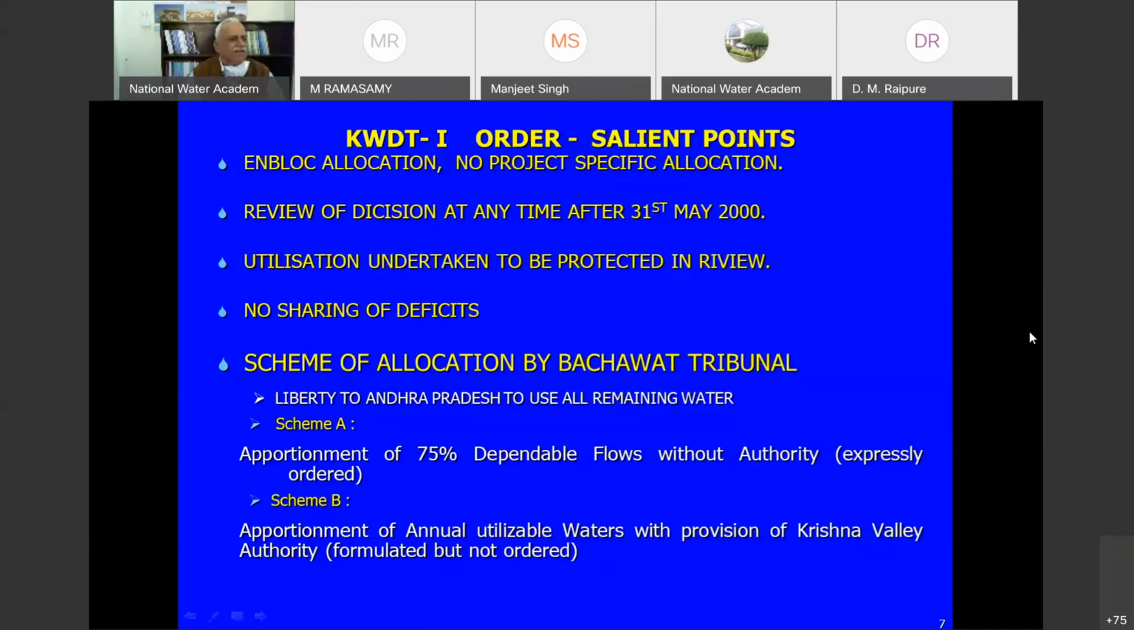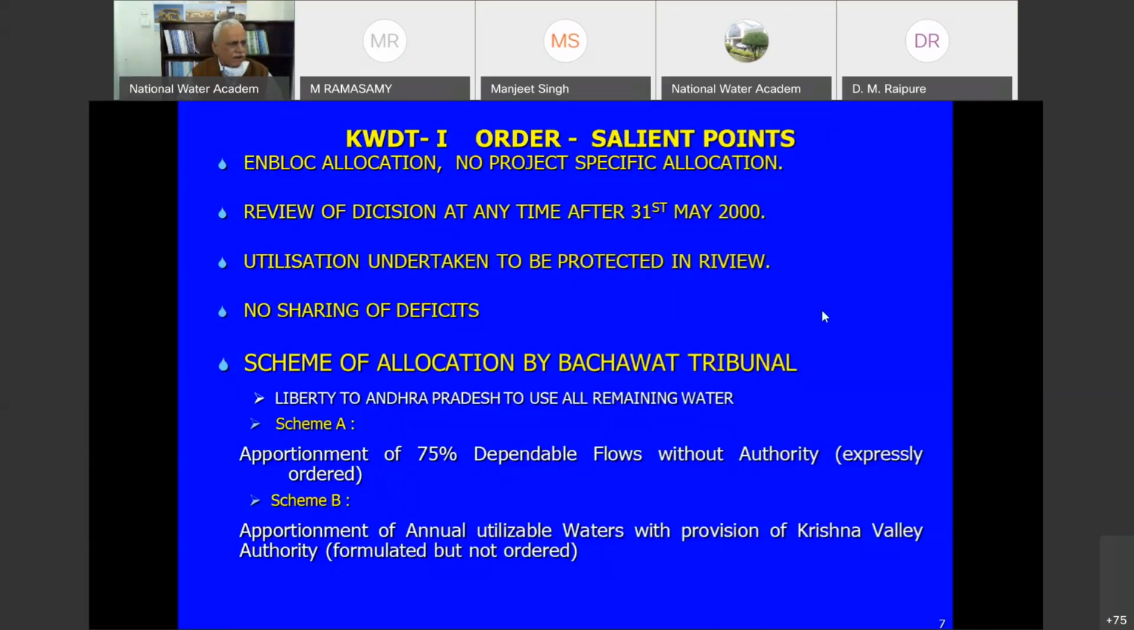From the fuller utilization consideration and surplus and deficit sharing by the states can be at 25% by Maharashtra, 50% by Karnataka, and 25% by Andhra Pradesh. However, there was no agreement within the party states,